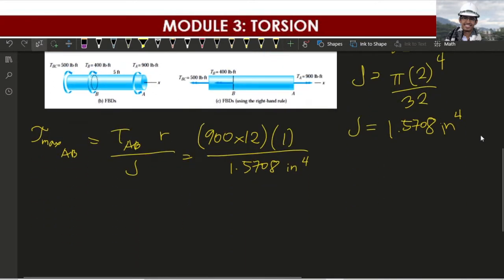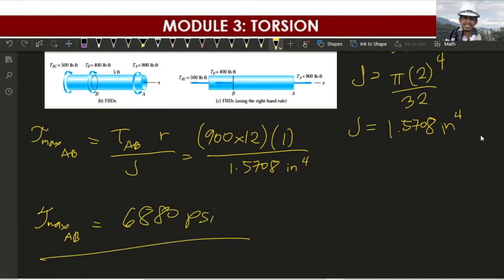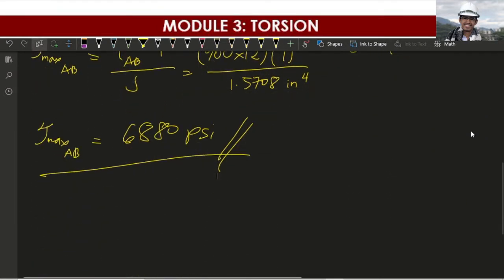So our max shearing stress at segment AB is equal to 6,880 psi. Okay. And for the maximum shearing stress for segment BC, so that is equal to,